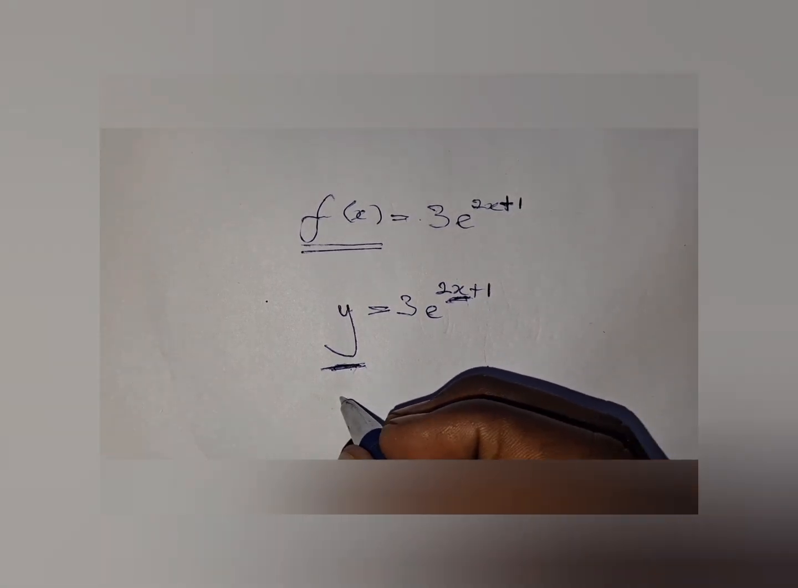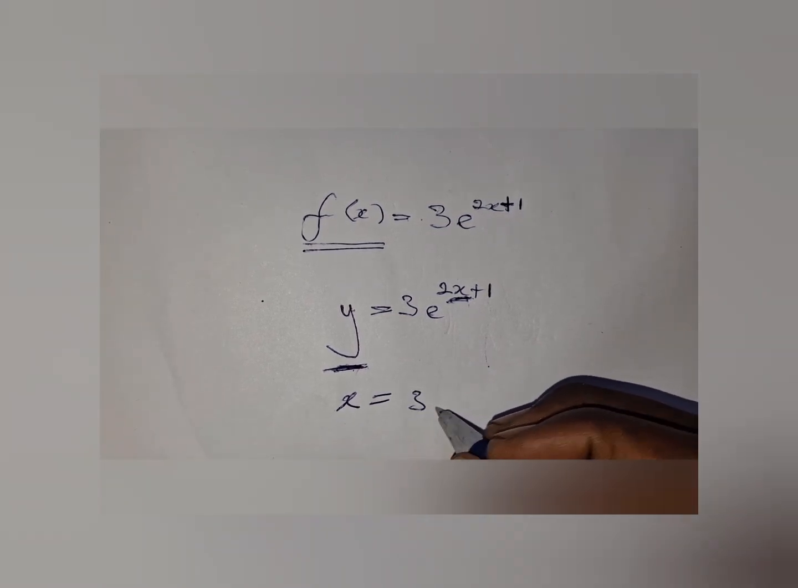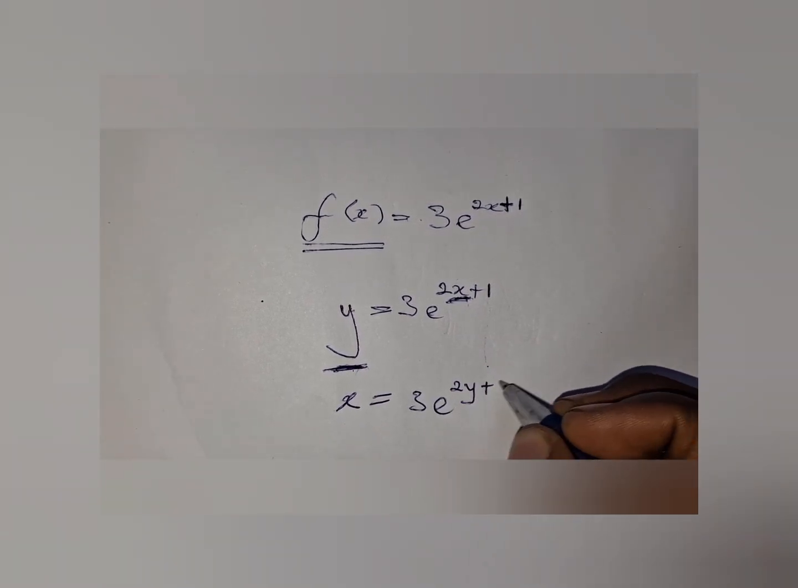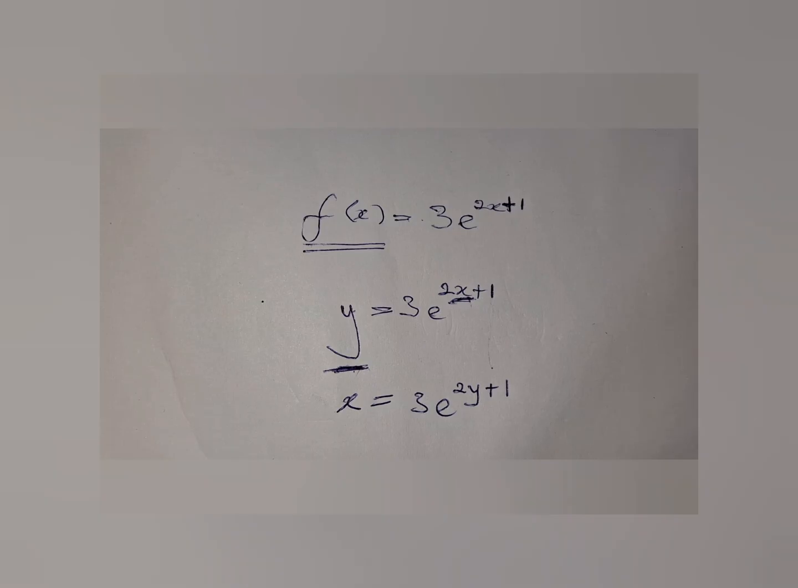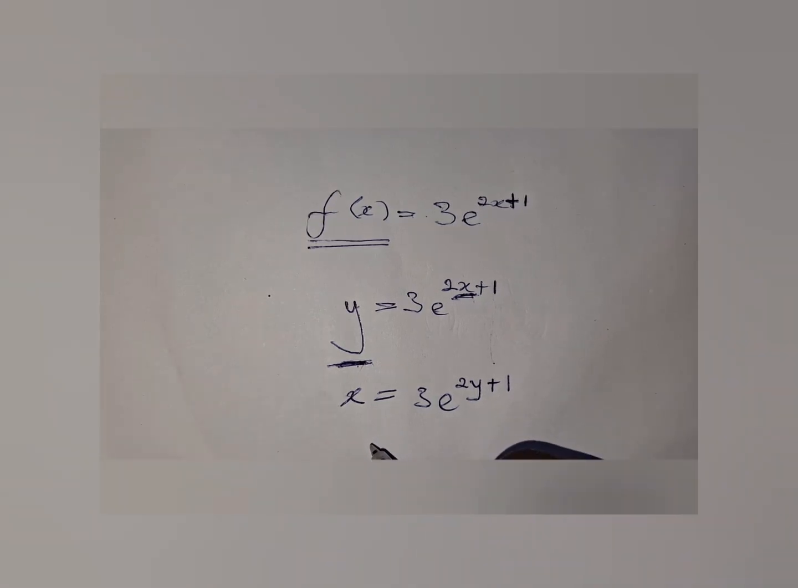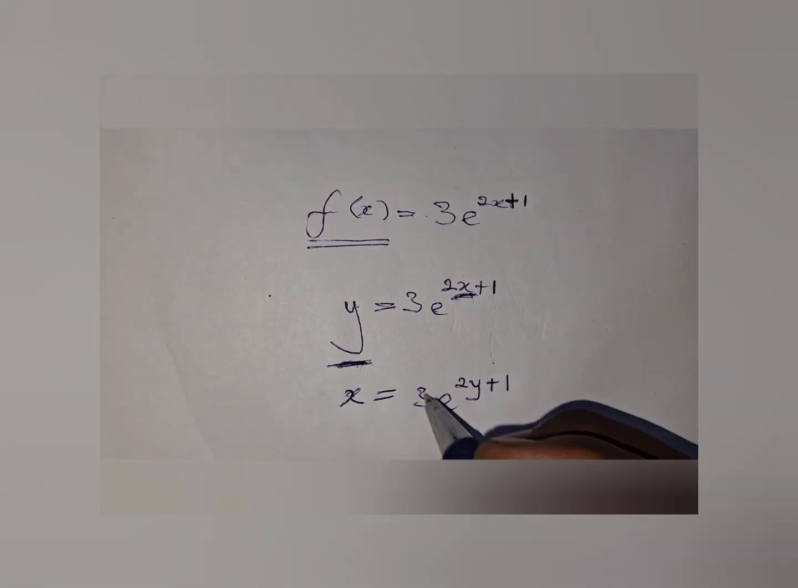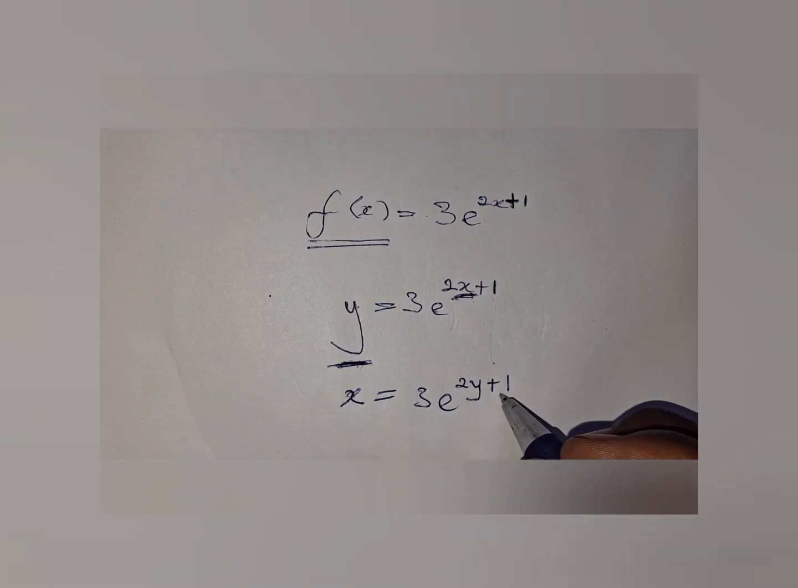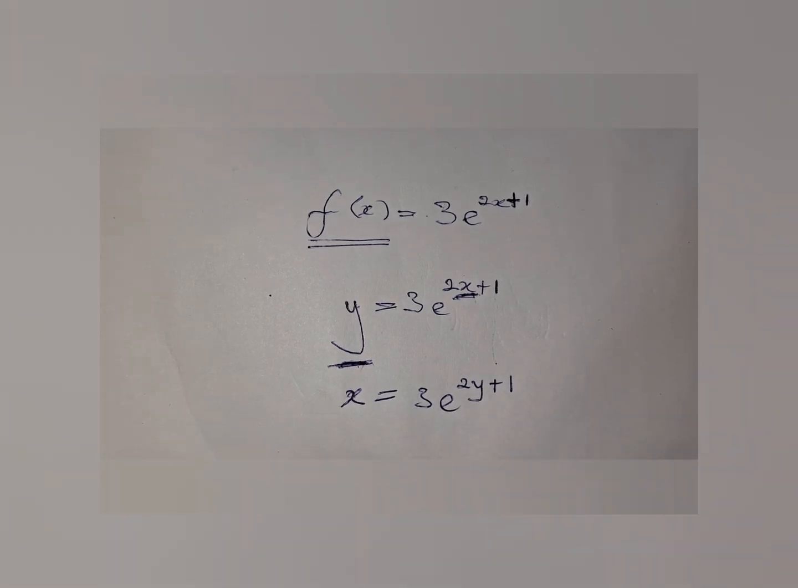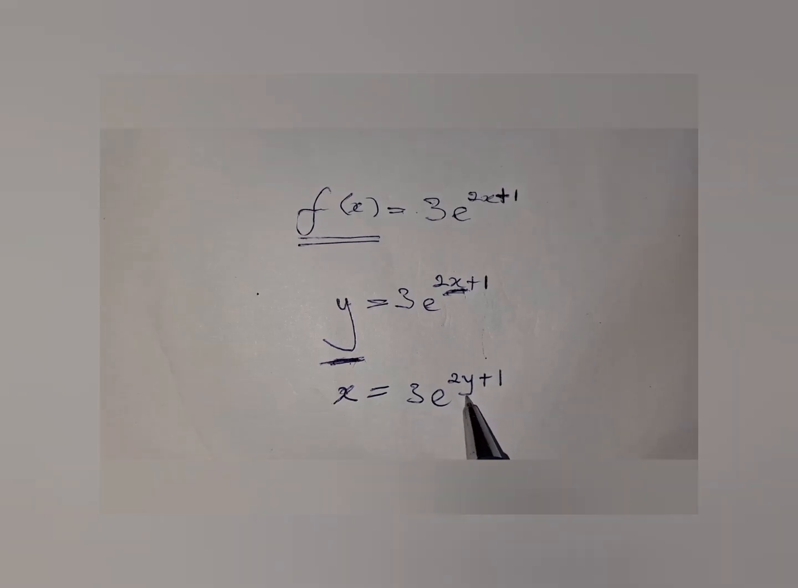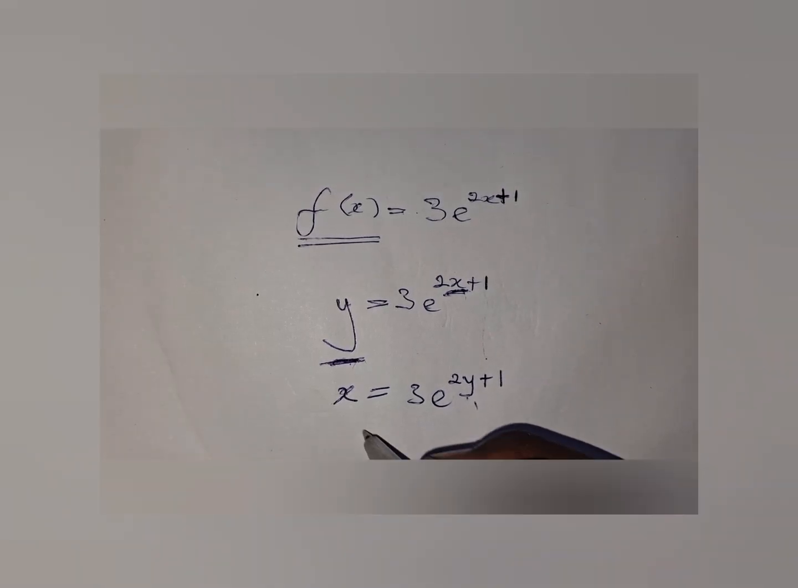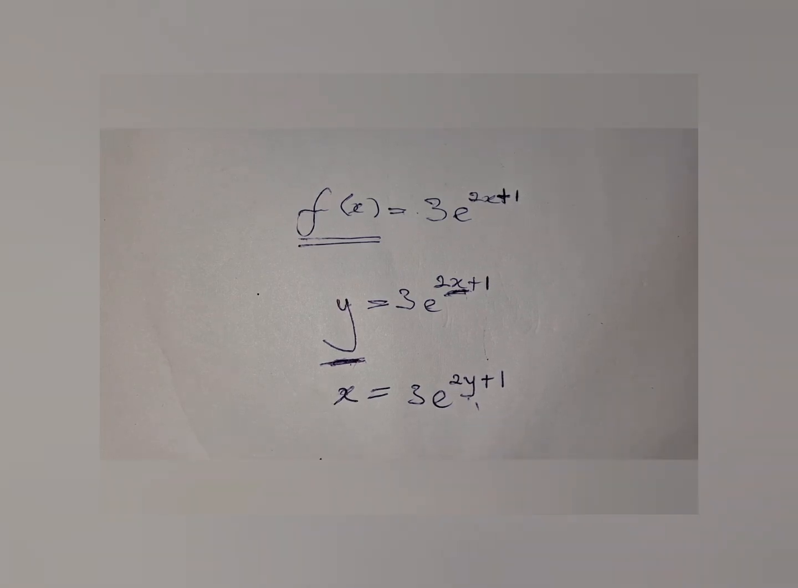So here we have x is equal to 3e to the power of 2y plus 1. You interchange the two, as I just talked about. Now the next step is to make y the subject of the formula. So here we are going to divide by 3. If we divide everything by 3, we're going to get 1 over 3 x is equal to e to the power